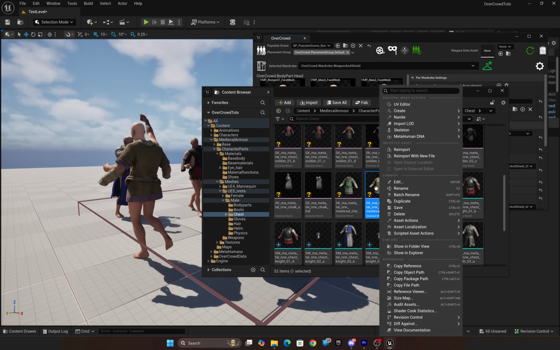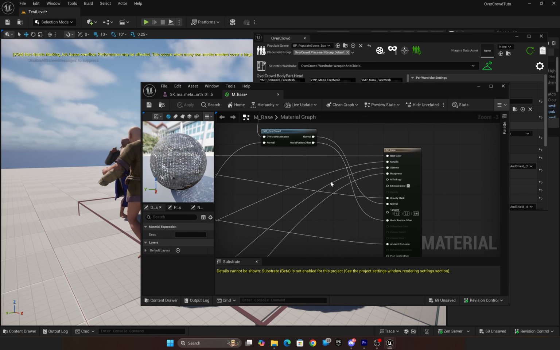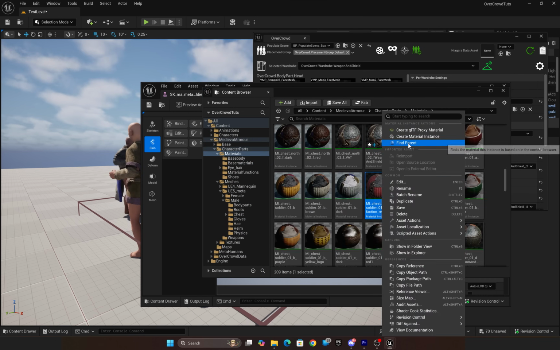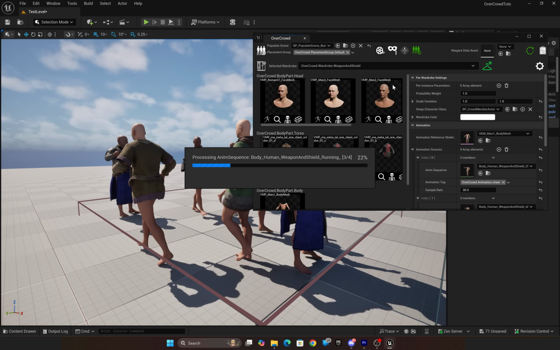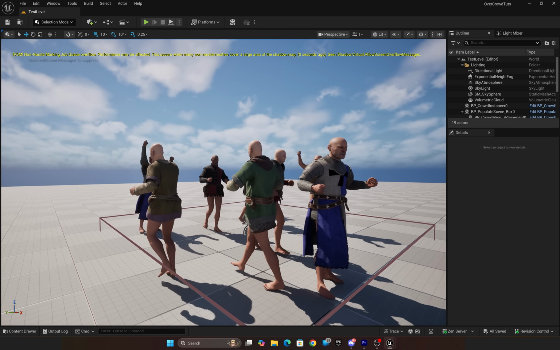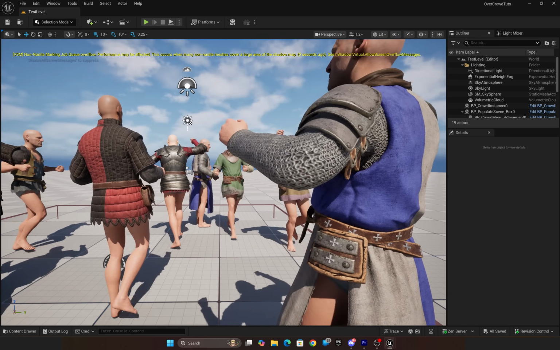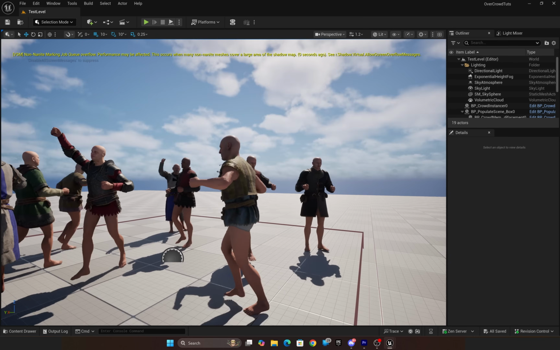And as you can see, I'm just doing the exact same process. I'm browsing to the skeletal meshes that aren't moving, finding their parent materials, pasting the nodes in, and rebaking to see if they're moving again. Okay, so now that's looking pretty good. It looks like we have all of the added items working, and so now we can go ahead and just